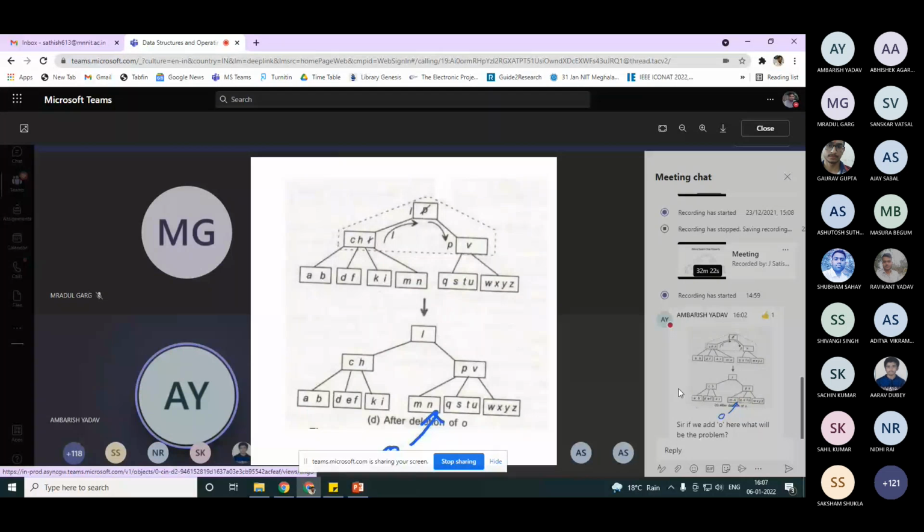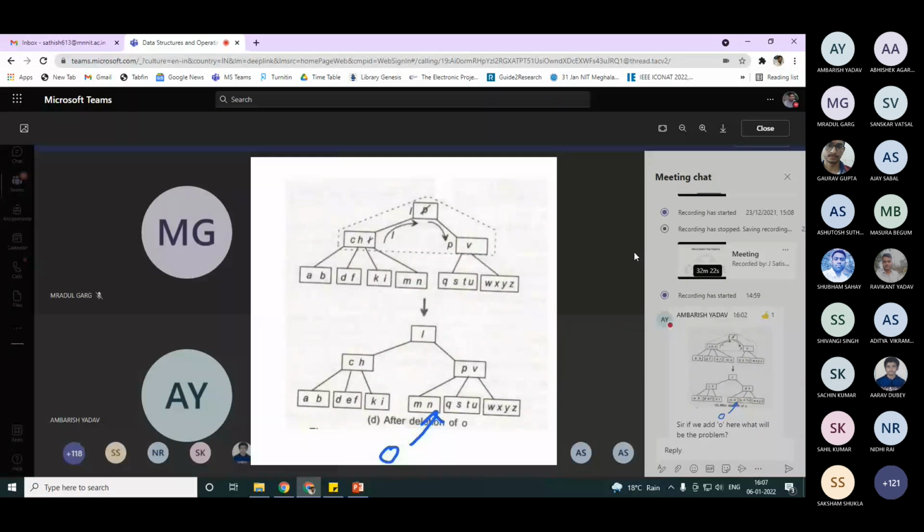Yeah, this is balanced. And if the tree is balanced, then again it will burst into a new node. It will keep popping up and making new nodes. That you take care of. The insertion is clear. Only deletion is creating a little bit of confusion, but don't worry, that will be clear once you study it. There is nothing wrong in inserting here.